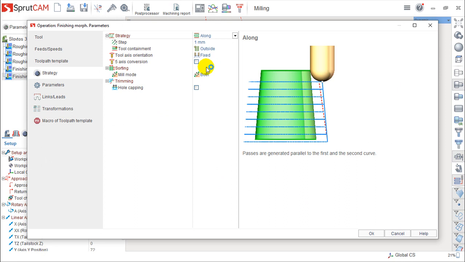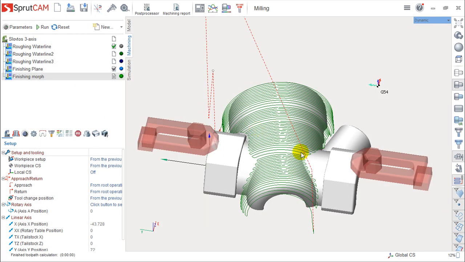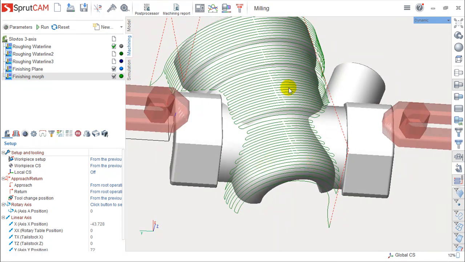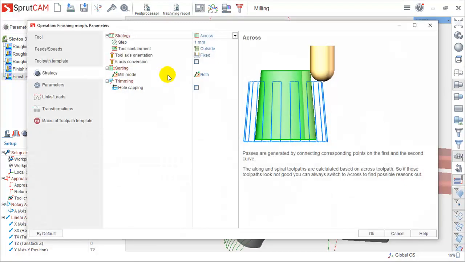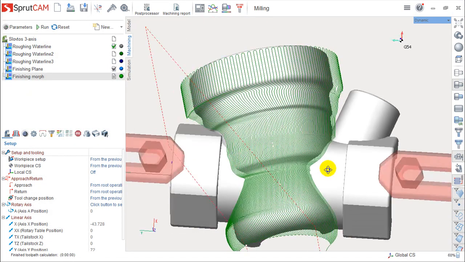So in strategy, we have something called, and we have more types, but for this specific example, we can do the across, and the across, let's try to run it, will grab the same area and make something like this. If I go there again and, for example, change to the along, it will be completely different. So this type of behavior, and we can try the other one,